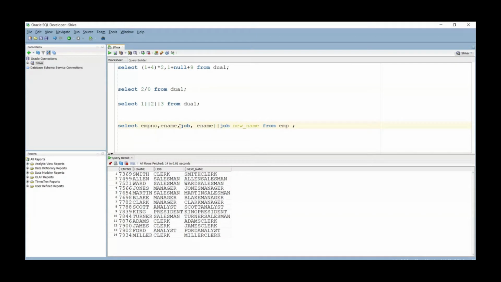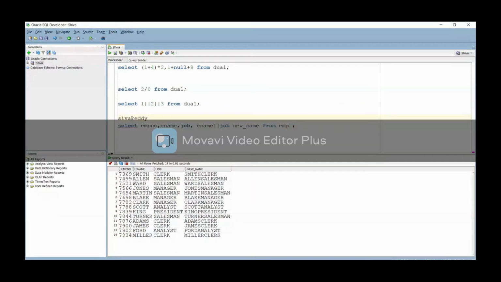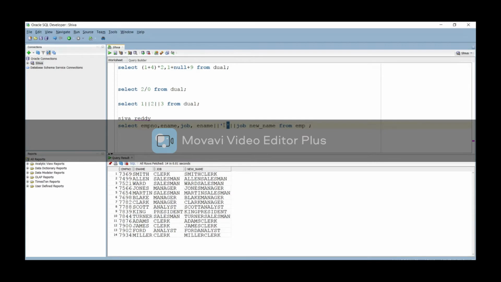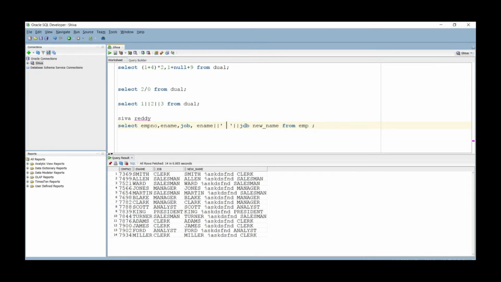When writing your name, if I have a name like Shiva Reddy, I can say this is a single name. If you have a first name and last name, you will maintain some space, right? But you haven't provided any space here. How will you provide the space? Simply concatenate with a space in single quotes. You can provide a special character or A B C D, anything. This is appended to that particular query. So if you need the space, you will provide it like that.